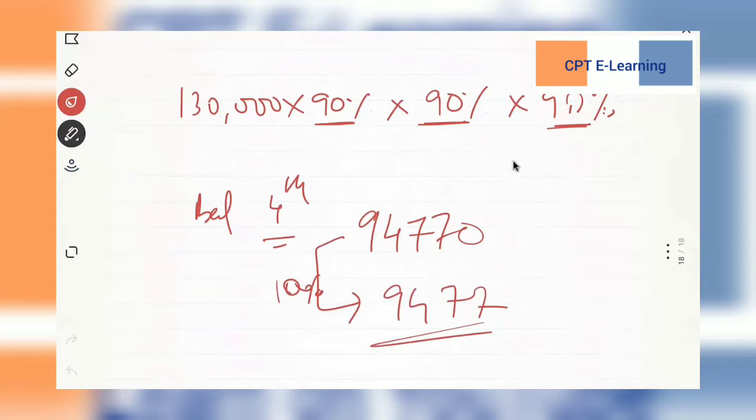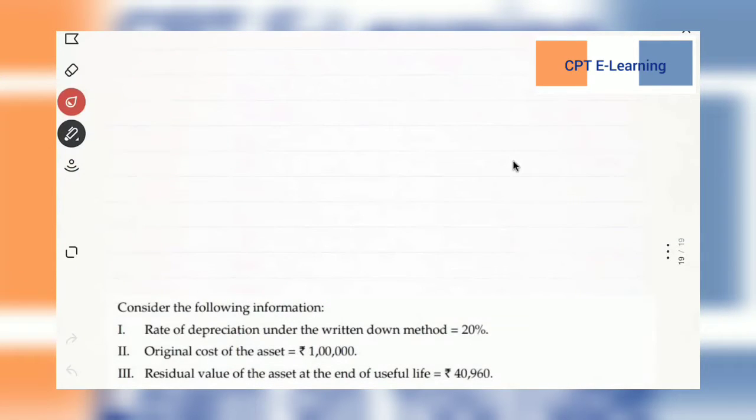Good. So now let's look at sum number 43 to 47. These are important sums and this is a very nice little MCQ. So consider the following information. Rate of depreciation under the written down value method is 20%. So what is my percentage of WDV? It is 20%. Original cost of the asset is 1 lakh rupees. What is my original cost? Original cost is 1 lakh rupees. And the residual value of the asset at the end of its useful life. I am not given what is the useful life, but I have given that at the end, the value would be